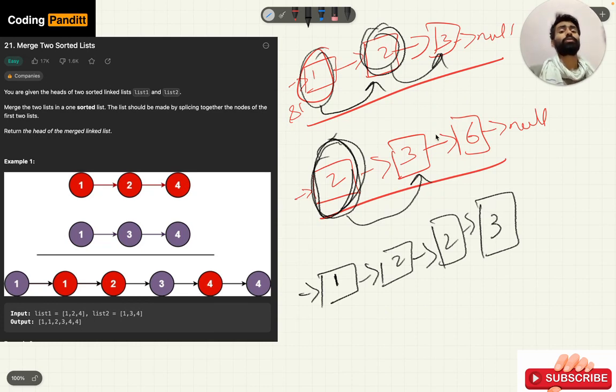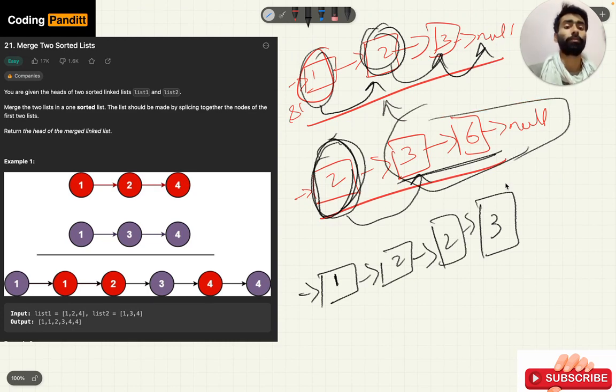Now as we can see, this is pointing to null. So we have no need to compare the rest of the linked list as there is no node left to compare with. So we will simply add the whole linked list with this.